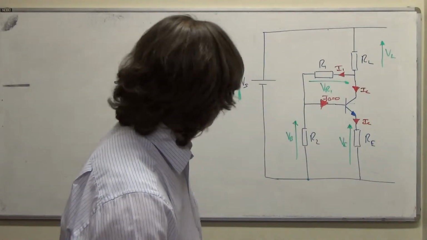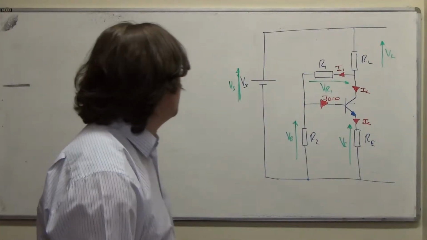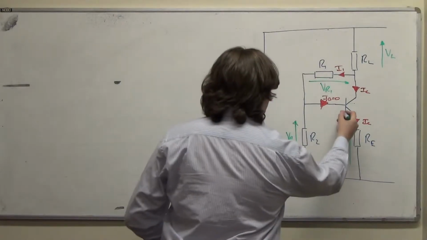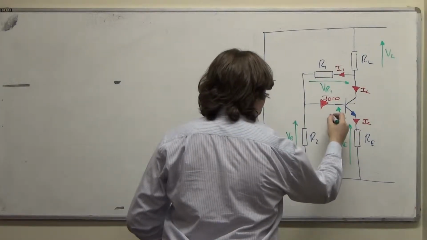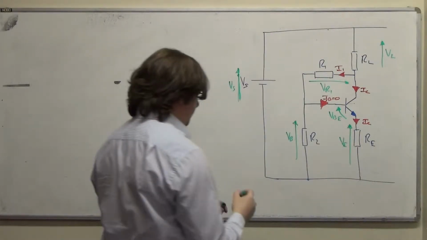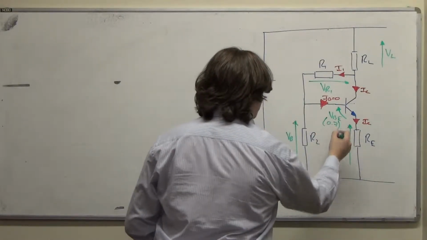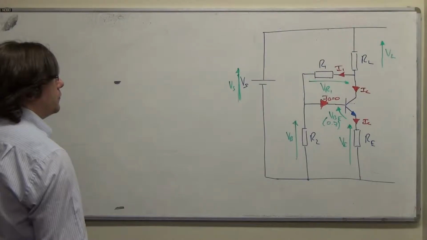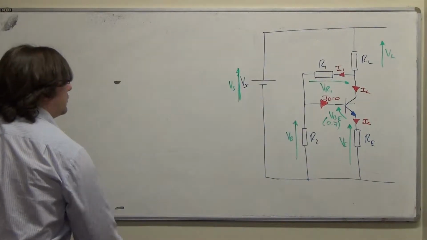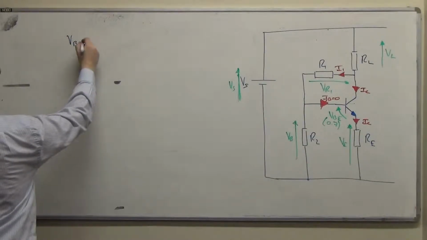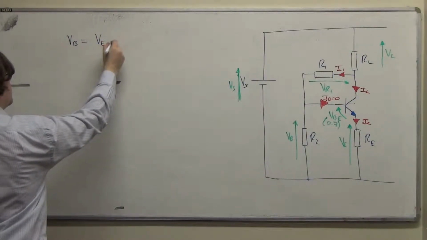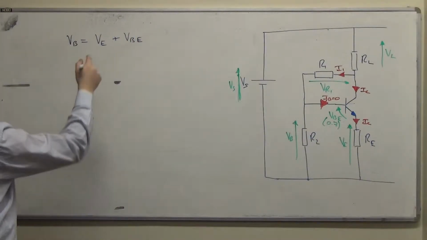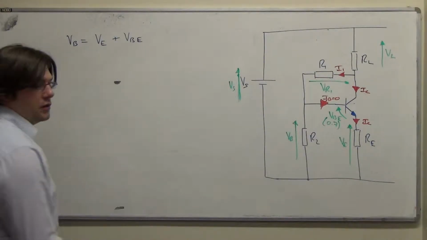So we can write out some loop equations as before, and oh, we've missed out VBE, which is there, and we know that it's going to be 0.7. So the first loop we can write out is this one here, which says VB is equal to VE plus VBE, and we can put some currents into that, because we can say, well,